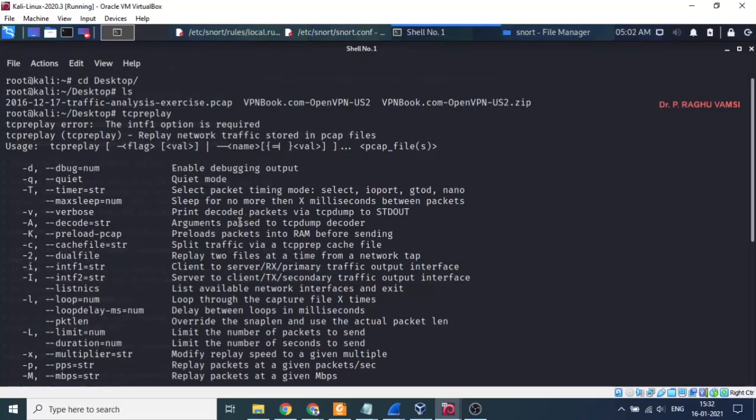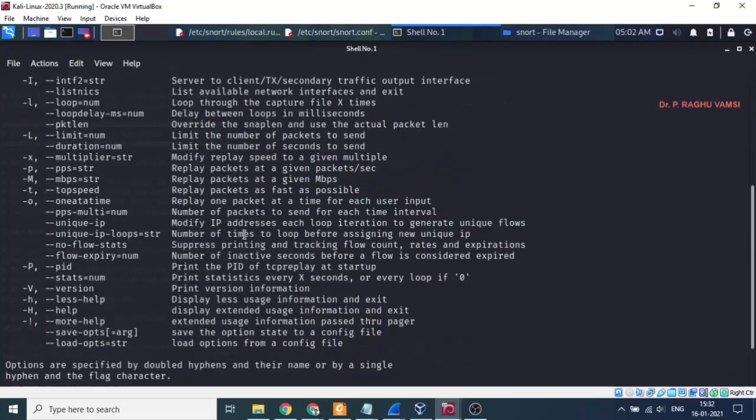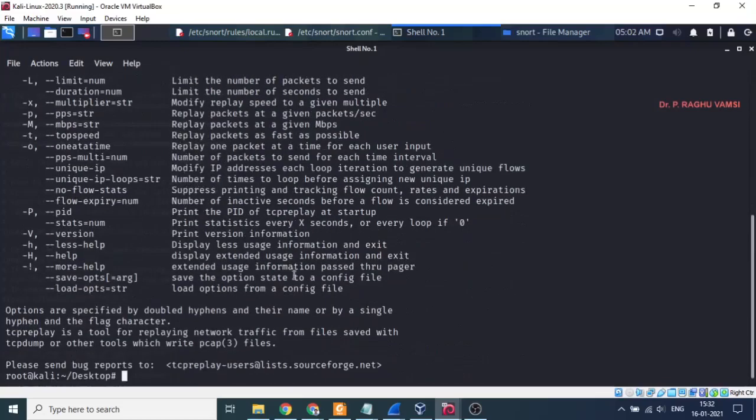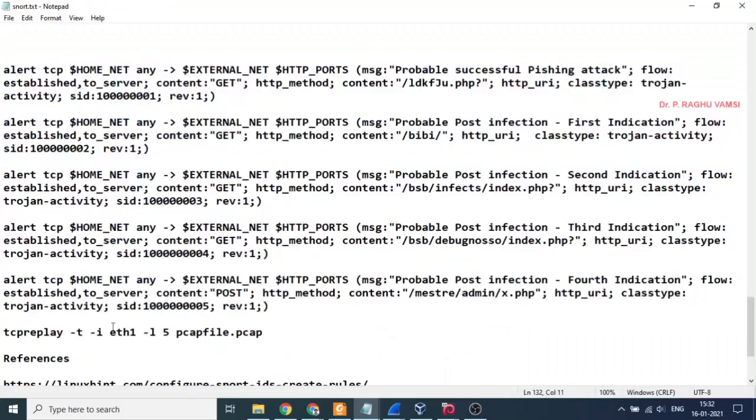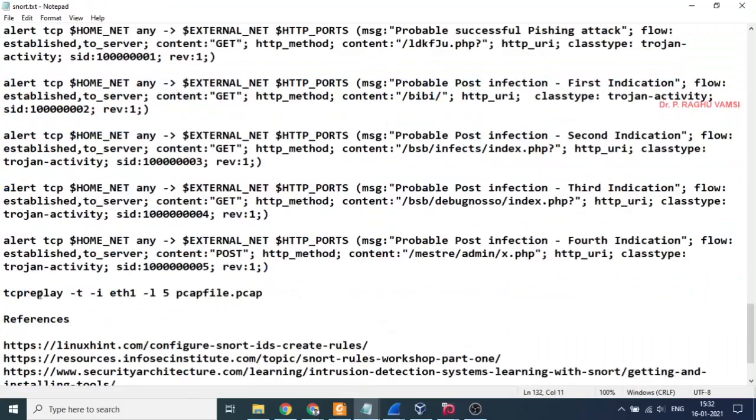Now we'll see how to use this tcpreplay and go for replay analysis. The command will be like this: tcpreplay -t -i, and on which Ethernet interface you want to run this PCAP file. The internal address available in the PCAP file will be assigned to Ethernet 1.